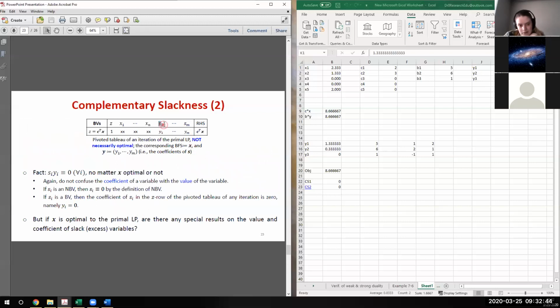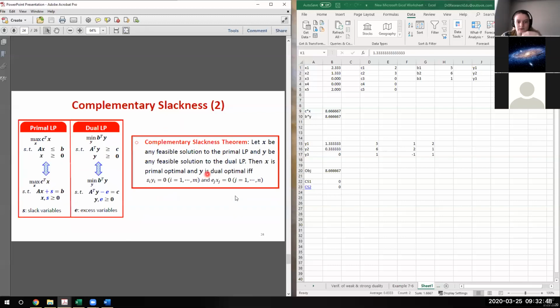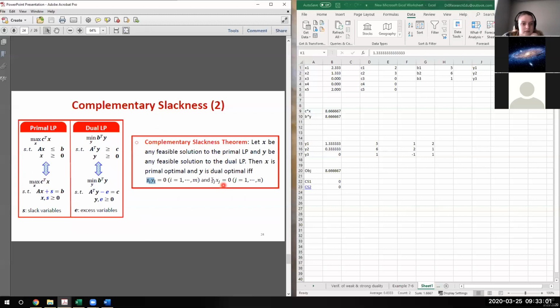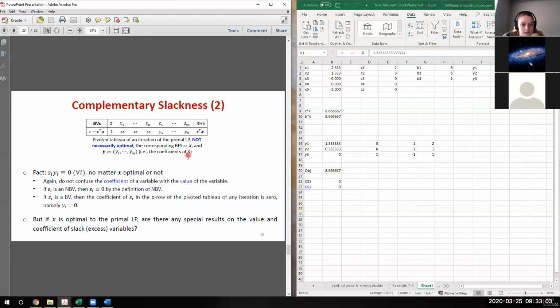And the corresponding here is going to be E1, and here is going to be En, okay? So that is where EJ and XJ come from. And SJ, YJ is what? The values from the tableau of the primal LP. EJ, XJ as the corresponding